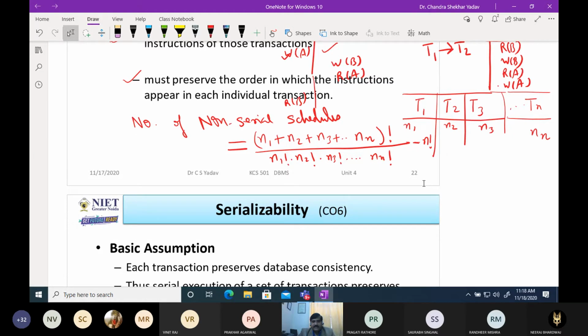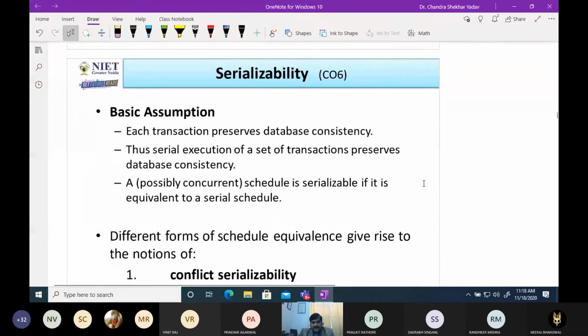Now the second topic is serializability. This is a very important topic, and every year questions are asked from this topic in the AKTU examination and in the GATE examination. What is the meaning of serializability?